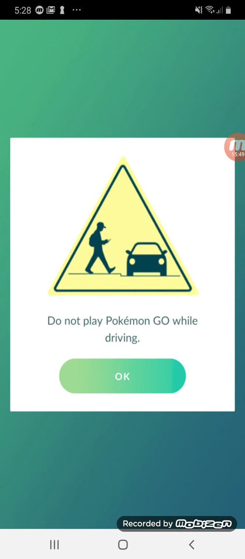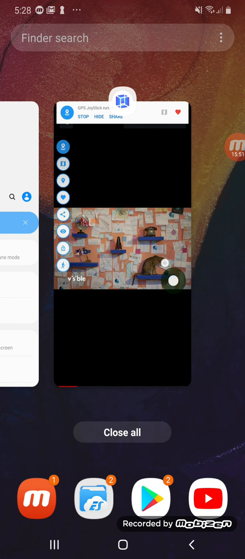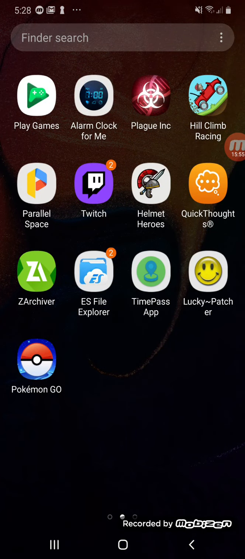And now swipe out. And then reload VMOS for the last time. You should have to. Well, unless right now, this is the last time you should have to reload VMOS. Each time you're going to have to open the regular Pokemon Go before you spoof wherever you want to. And also, I'm going to explain some of the things that you can use with the app, the Time Pass